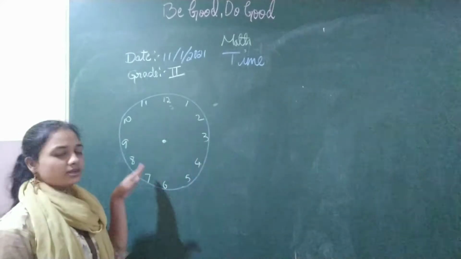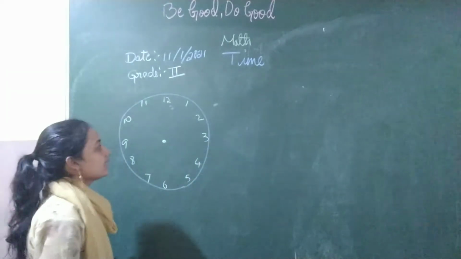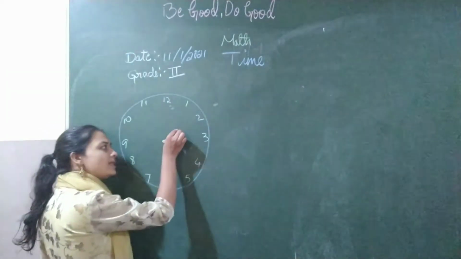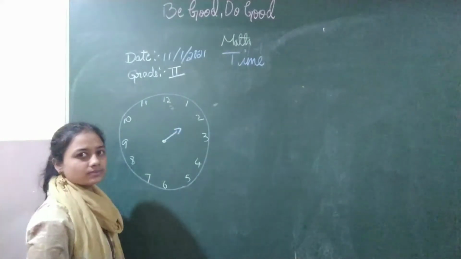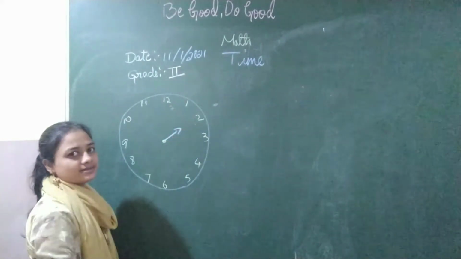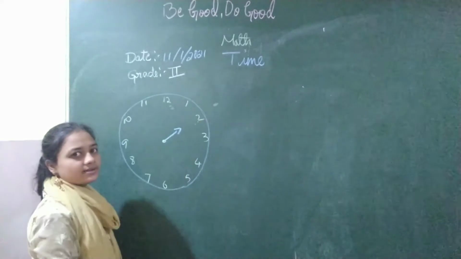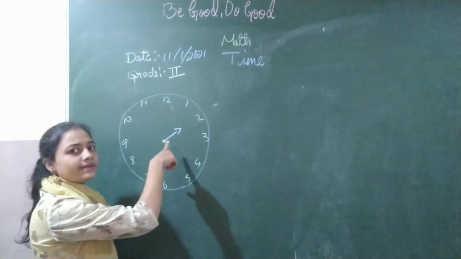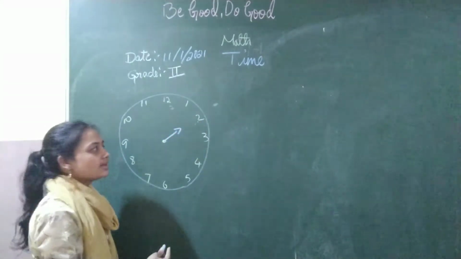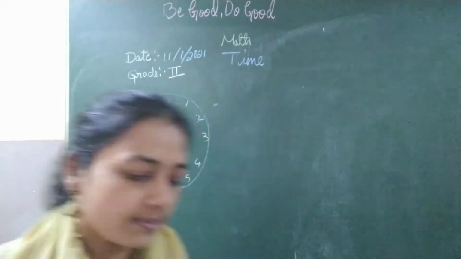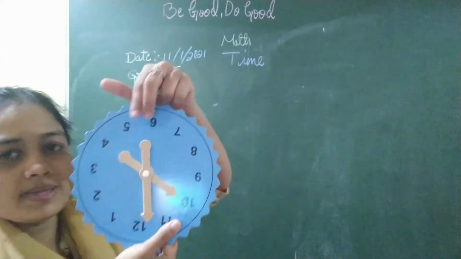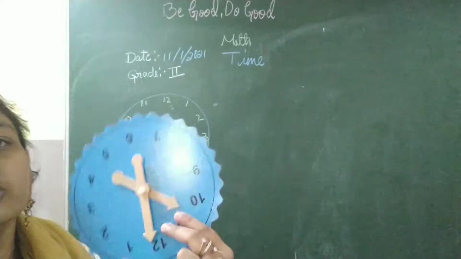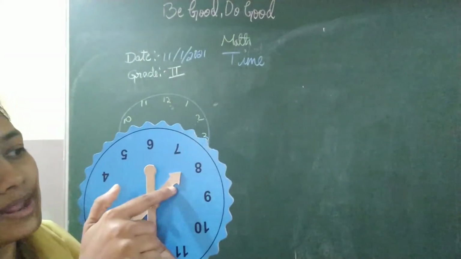You can see numbers 1 to 12. Any number which the small hand is pointing to, this will be the hours. So, it is 2 hours. What is the small hand showing? It is showing 2 hours. If the small hand is showing a different number, now, don't concentrate on the big hand. Now, let us see only about the small hand. Small hand is showing